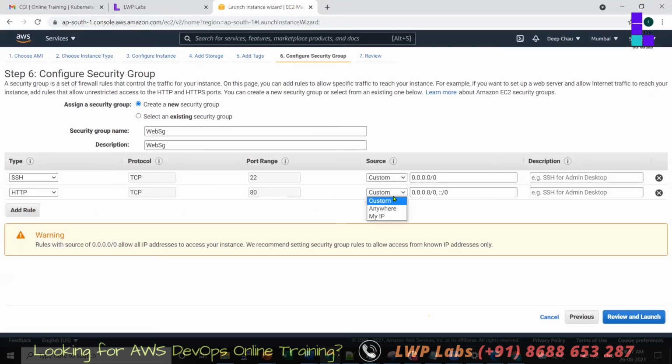Here you can see you are opening for whom? Only for your public IP. So now if I give this, in this world, only I can open this. You will not be able to open the website. Or anywhere means anyone can open. This is called internet. This is IPv4. This is IPv6. Anyway, for now we will not go into it. You can Google what IPv4 and IPv6 are. I will cover it anyway.